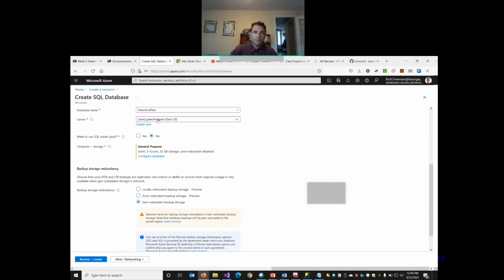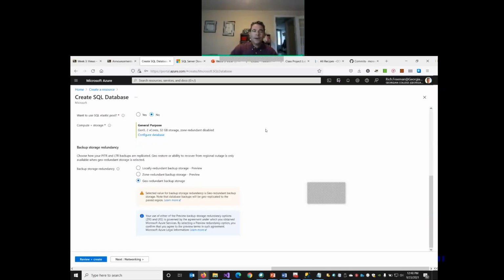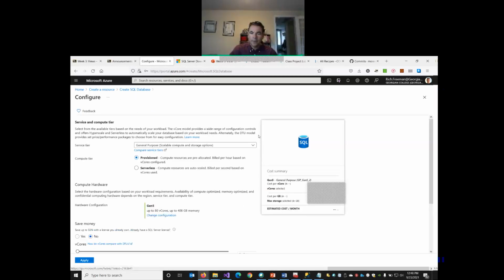It's lowercase. Now, by default, the default database is far too powerful. It's 2 cores, 32 gigs of storage. This is going to be a little tiny database. So I'm going to click this configure database to choose a less expensive option, because this option will eat through our $100 of Azure credits too quickly. So when I click on it, it tells me,